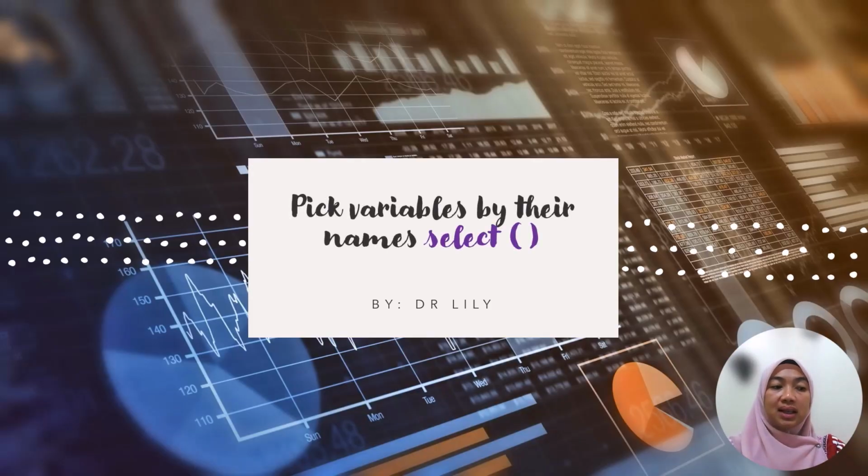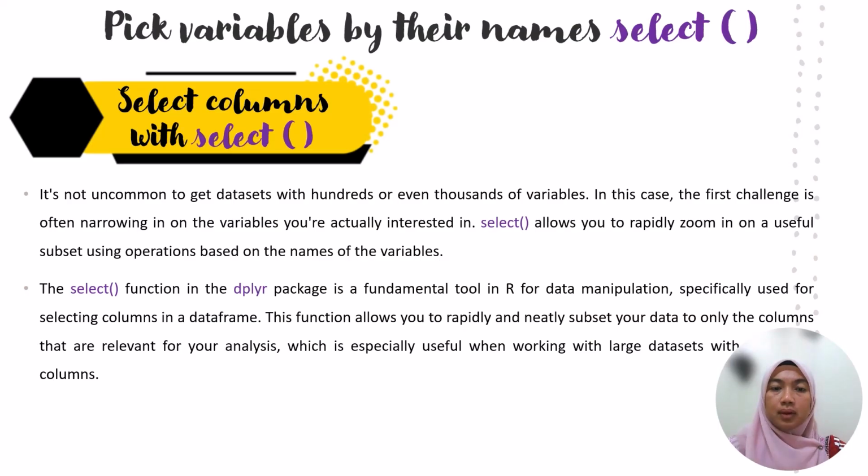The third key dplyr function is pick variables by their names, using the select function. By using the select function, we can select columns by name. So in this pick variables by name select function, it is not uncommon to get data sets with hundreds